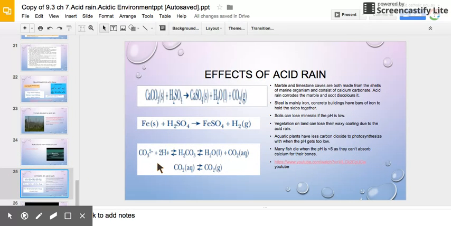Now, those are some of the effects on the environment. Other effects on the environment include fish that are unable to reproduce when the pH becomes too low. It affects their gills. It affects their uptake of calcium in their bones. When the pH in an aquatic environment becomes like that stream did, a very low pH, then what happens is